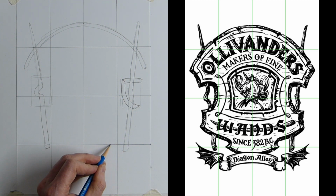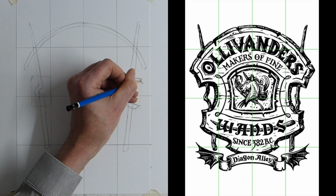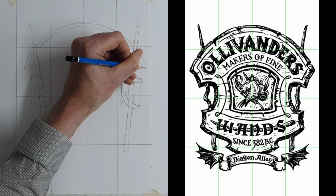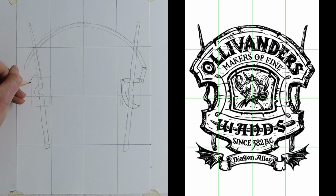Now again, you've got this bottom part, and we'll join it up. We'll do the one on this side, same thing. This is like the front of a capital D. So we're going to do the chamfered edge. Oh, I should join that up as well, so you can join those two up, and then we can join that up,